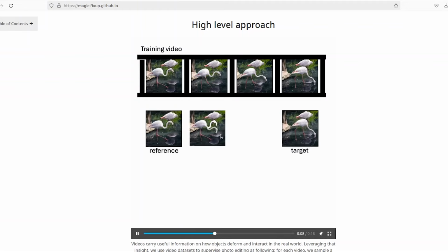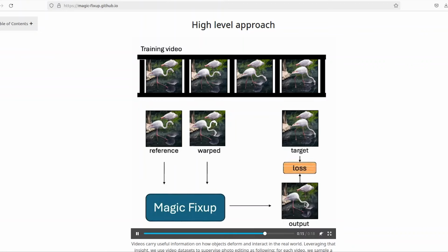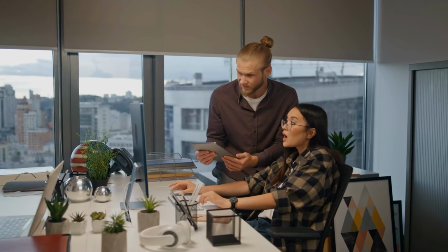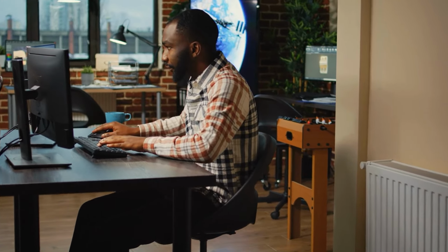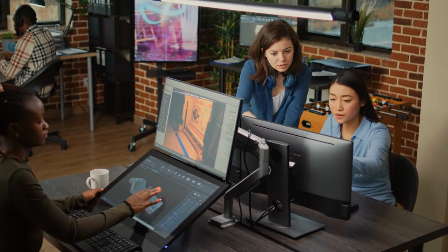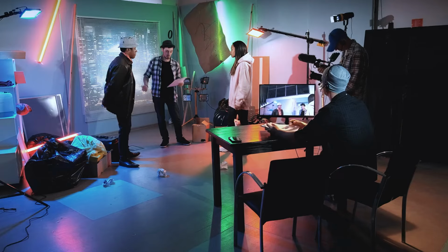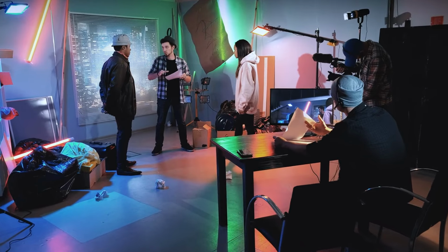Want to see how your product looks in different settings or lighting conditions? Magic Fixup seems to make it happen in a matter of minutes. In the world of film and television, visual effects are often one of the most time-consuming and expensive parts of production. Magic Fixup could streamline these workflows by allowing editors to make realistic changes quickly, potentially reducing costs and accelerating post-production timelines. Imagine being able to tweak the lighting on a scene or adjust the background without having to reshoot